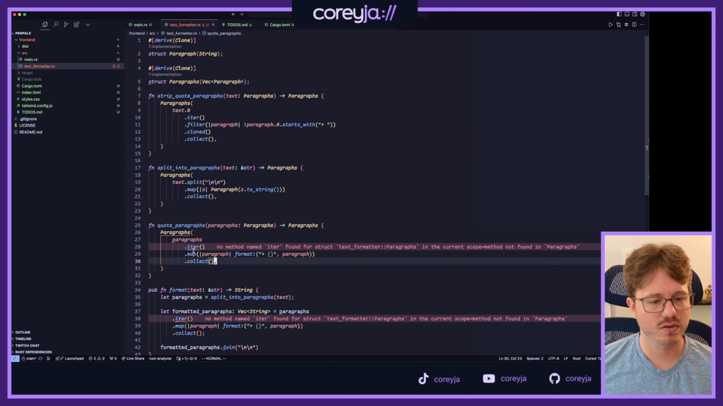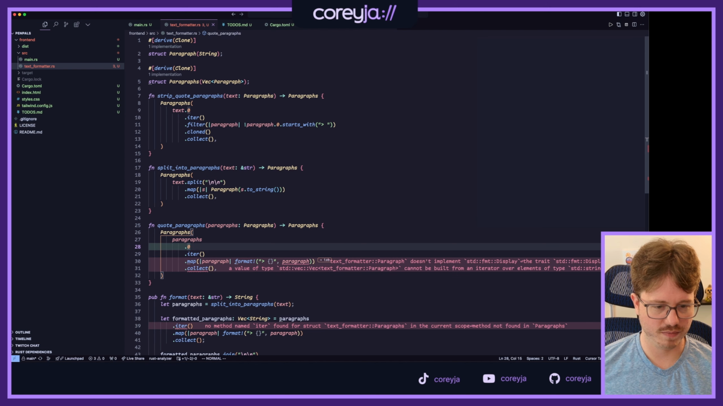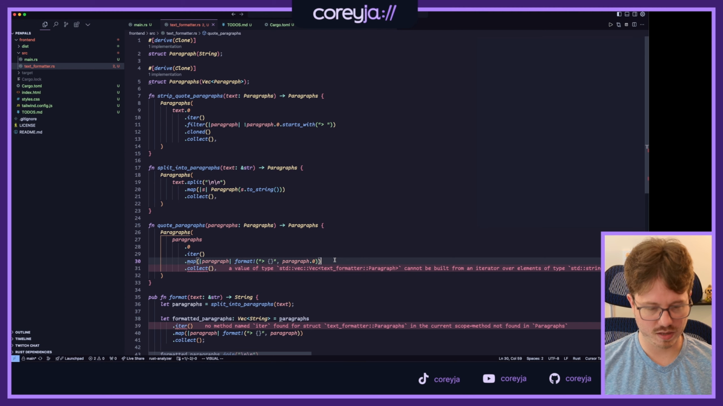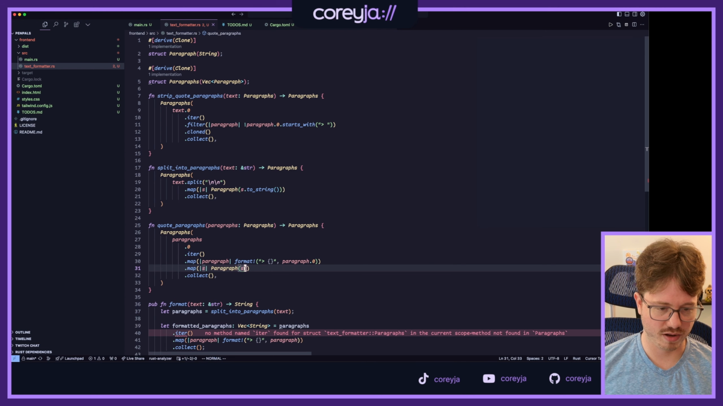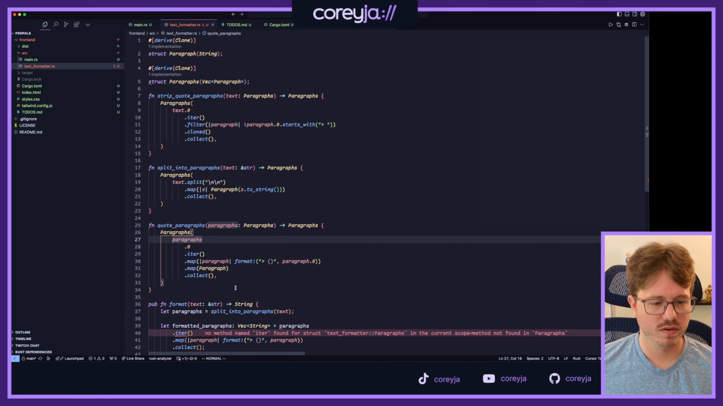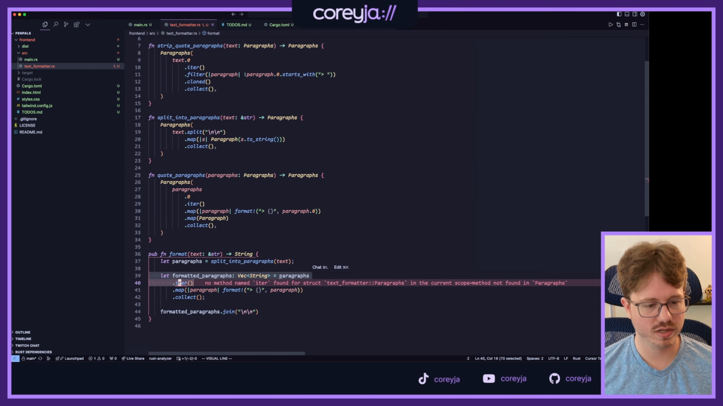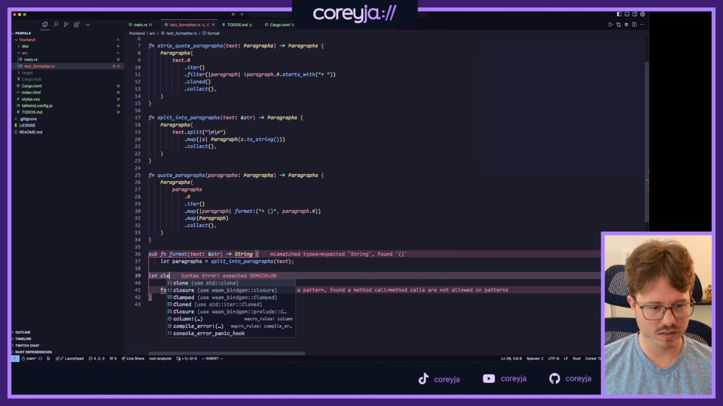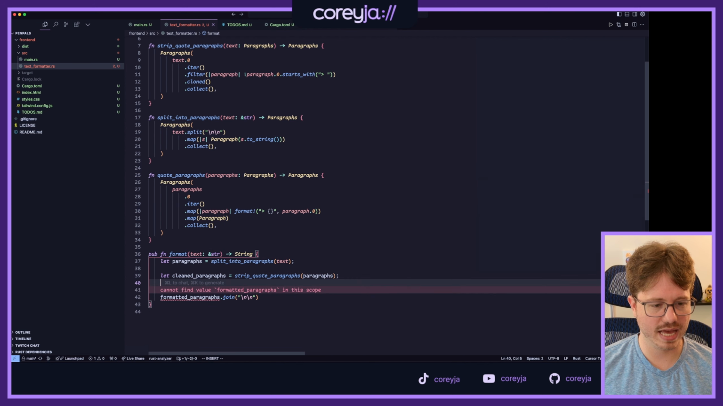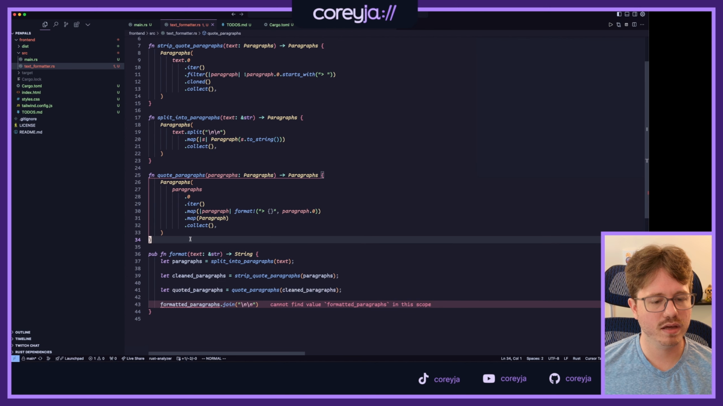Paragraphs iter. Yep, okay, so paragraphs.0 iter. Yep. Paragraph.0. And then we also are going to map it to a paragraph, which I think I can just do like this. Perfect. So then formatted paragraph. So then let cleaned paragraphs equals strip that. Let quoted paragraphs, and then